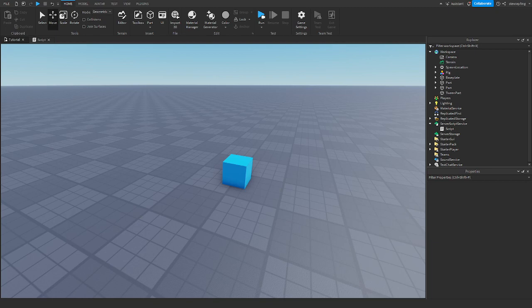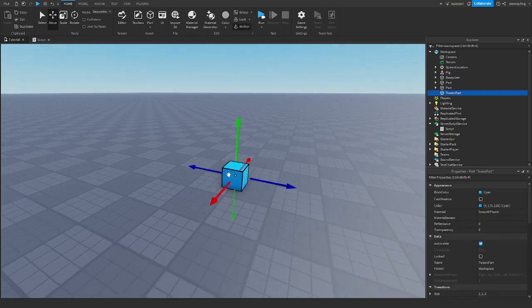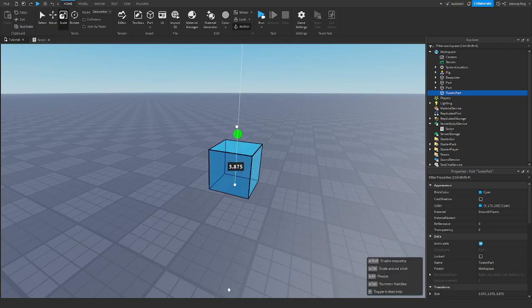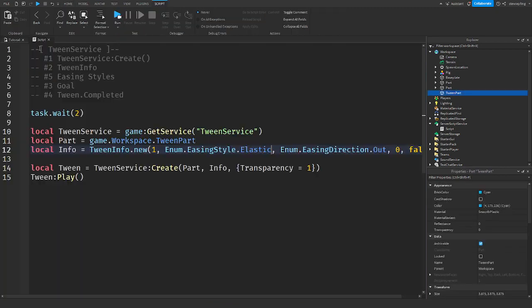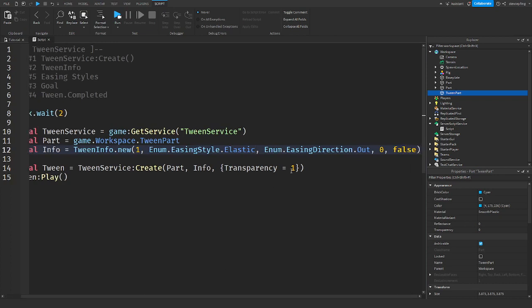It's not that cool with transparency, so I'm going to do the size. I'm going to change the size of the part, because that'll look cooler with the styles. So to make it change the size, I'm going to say size, because it's the property, equals, it takes a Vector3 value, or actually, sorry guys, what I need to do is set the size to itself, but then add on to it. So part.Size plus Vector3.new. I'm gonna say 3 comma, well, let's say 5